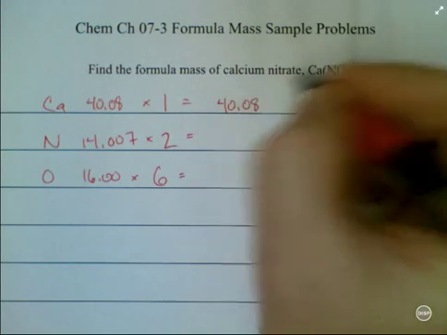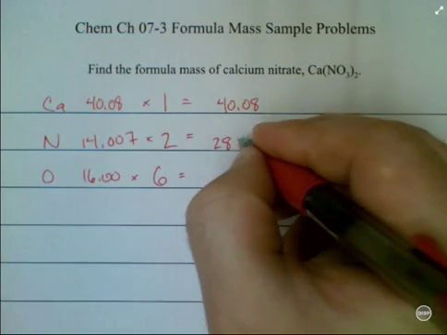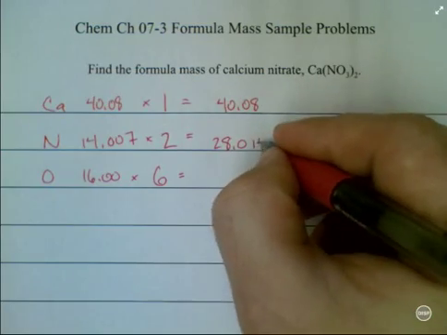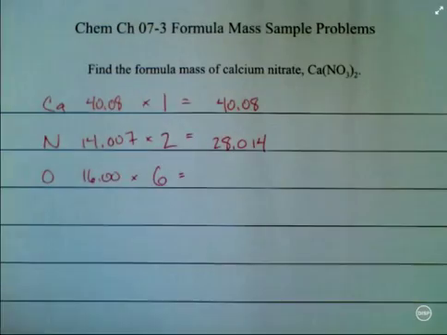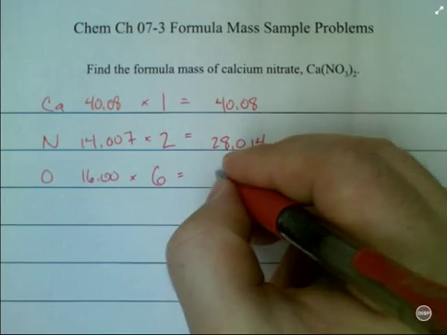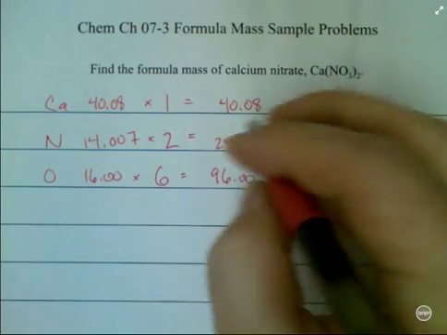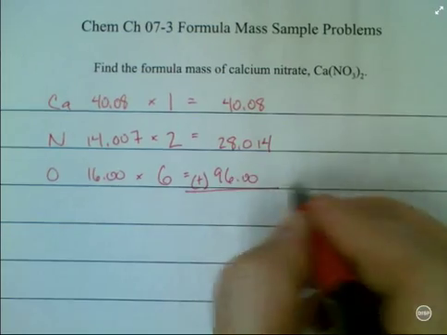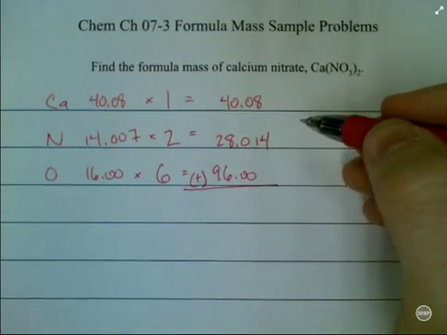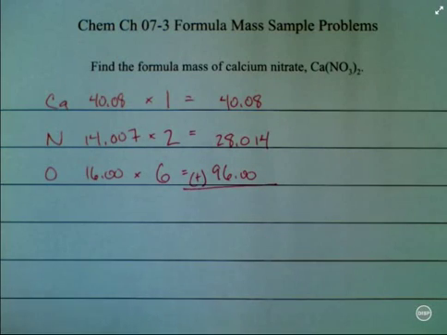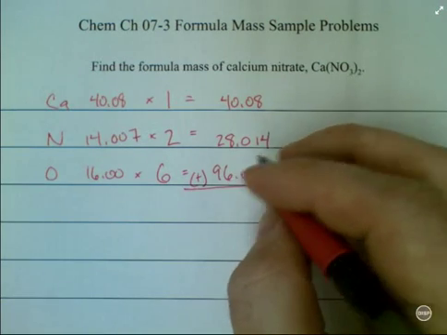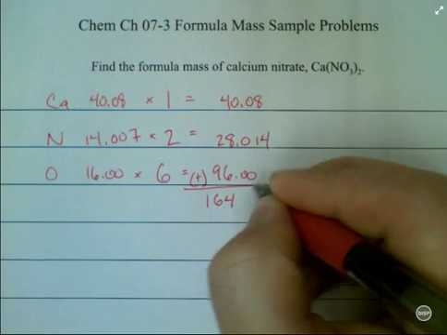And now that I have those values written down, I'll actually carry out the multiplication. I have 40.08, I'll have 28.014, and then, let's see, I'll use my calculator for this one, 96.00. Next step, I'm going to add all of these values together. So I have 40.08 plus 28.014 plus 96.00,